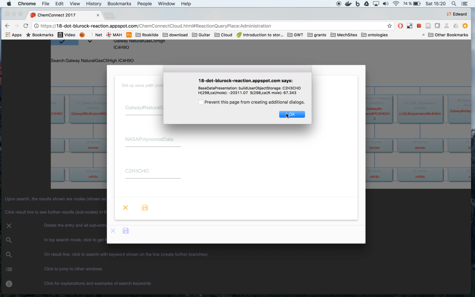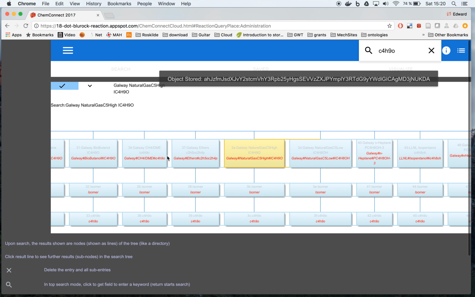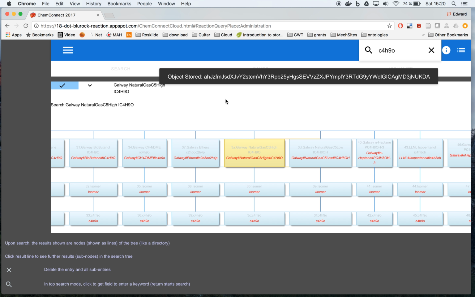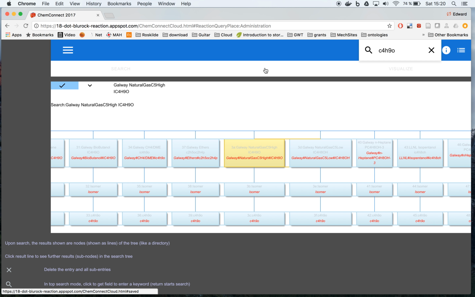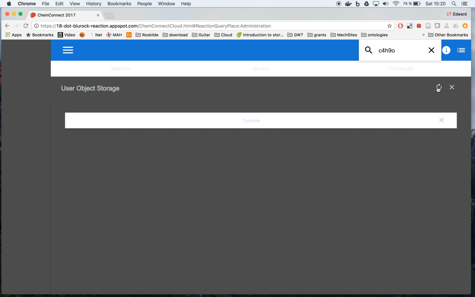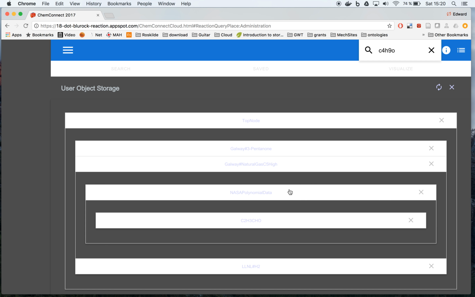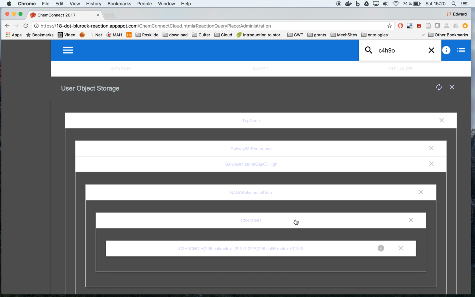that means the data has been saved. And now if we get rid of this menu, and we go up to the top, we have the search key, and it was stored. Now we see what has been saved, for example here, and we refresh the memory with this here, and we see the top node. Now we have the tree, or things that have been saved before, but here's the one we actually saved, NASA polynomial. This is the tree we ended up doing. And here's the actual element. And if we want to look at the information again, pointing with the I,